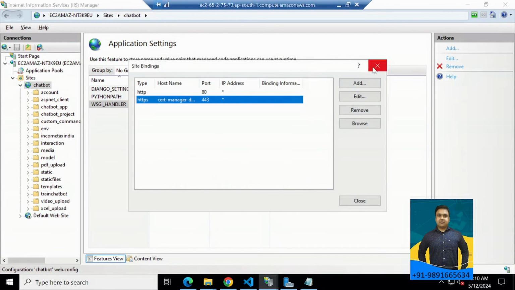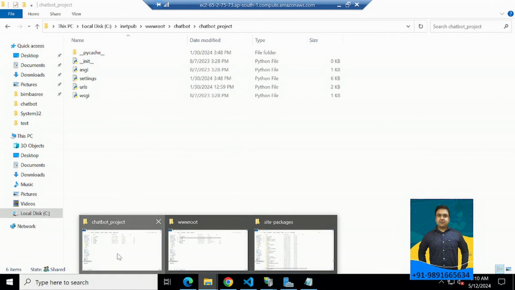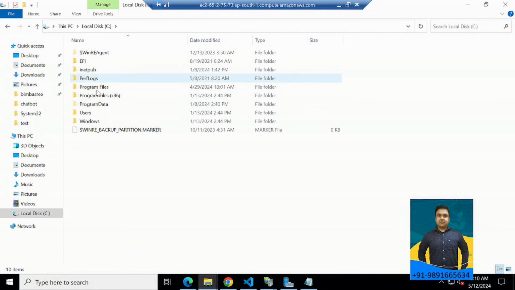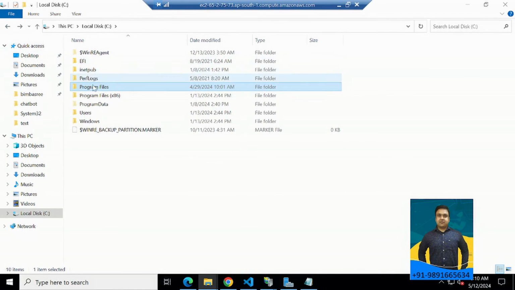Okay, what is the next thing? Is there anything left? Let me just check. I think I've covered almost everything. Now, in case you're not able to access your application, what else can be done? Here you'll find your Python path,